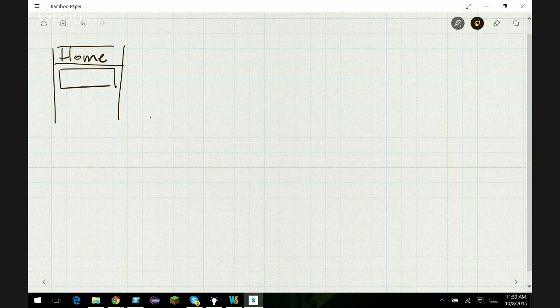So let's look at what the wireframes might look like. Typically you will have some kind of home page, and in that home page you might have some marketing blurb, or some landing page where you want to entice a person to stay. You might have some images here, maybe a carousel where you go through several interesting images, or maybe you take up the entire page with one image. And in here you might have